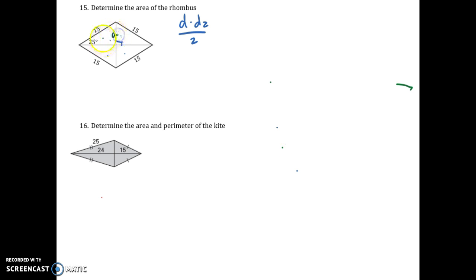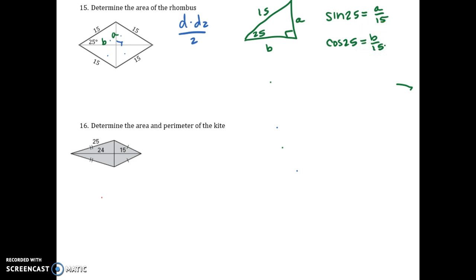So I'll call that A and that B. And we can even draw the triangle outside of here, so that way we can do a little bit more math. So it would be the sine of 25 equals A over 15. And the cosine of 25 equals B over 15. And these are calculator problems. Multiply both sides by 15. So 15 times the sine of 25 is